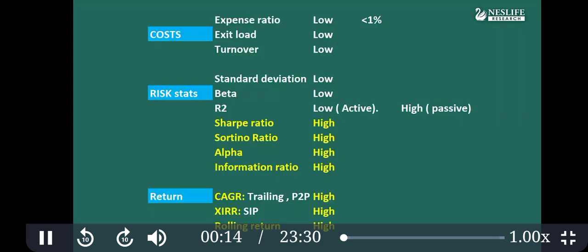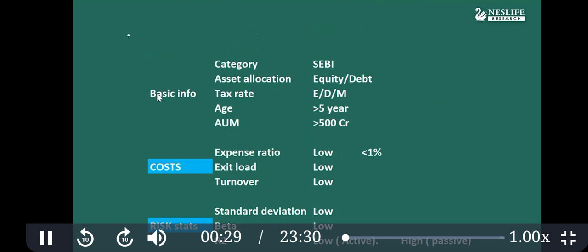Hello scholars. In the previous video we discussed standard deviation. In today's video we are going to discuss a few more parameters, and remember all these parameters are to analyze mutual funds. We have divided them into four different headings: basic information, in which there is category, asset allocation, tax rate,